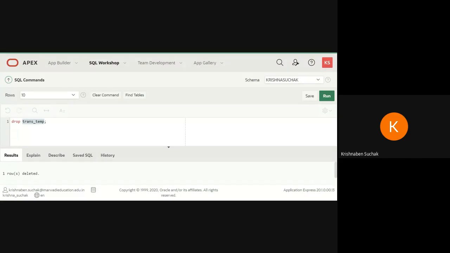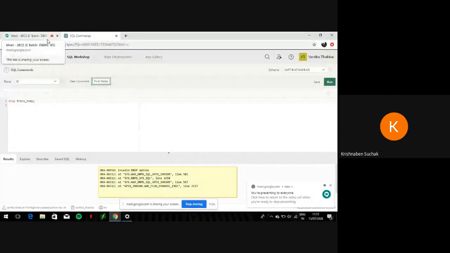Present your screen. If you are having this query, then present your screen. Shubham or Vartika, anyone can present your screen. Write the drop table.